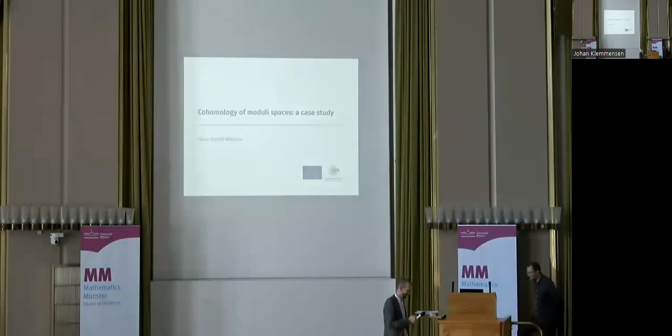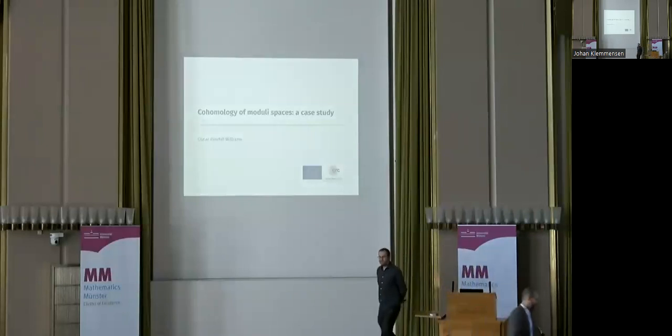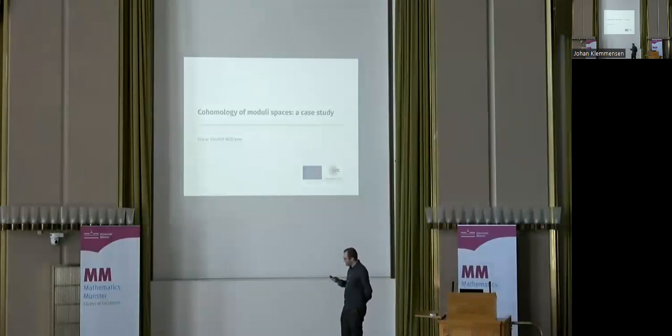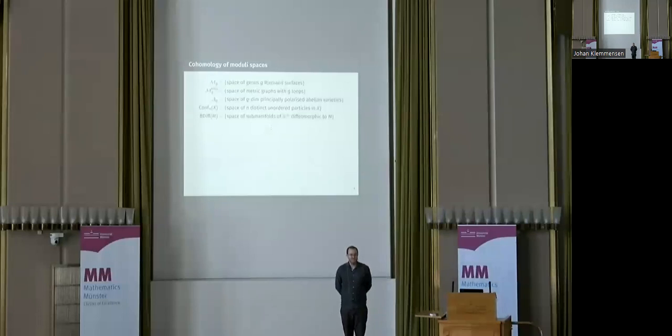Okay, thank you very much for the introduction and for inviting me to speak here. So I want to begin by doing a little bit of propaganda for my subject, and then I want to tell you about a case study, which is a recent result in this sort of area that I've been a little bit involved in, but was mainly done by other people. So moduli spaces mean spaces of mathematical objects of some kind. And the most famous one is the original one due to Riemann, M_g, the space of genus g Riemann surfaces, where moving in this space means deforming the complex structure a little bit on the Riemann surface.